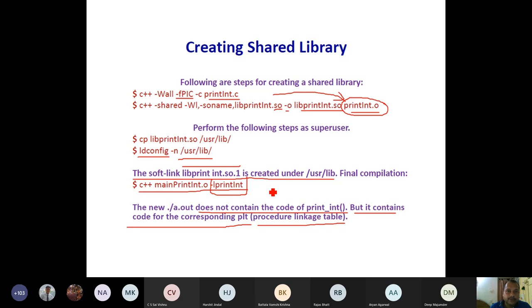But that is not required. When the program is in execution, you will see, okay, this is printf, I know